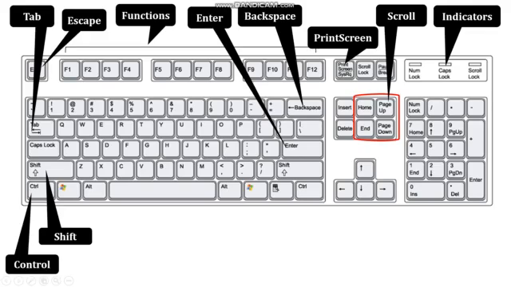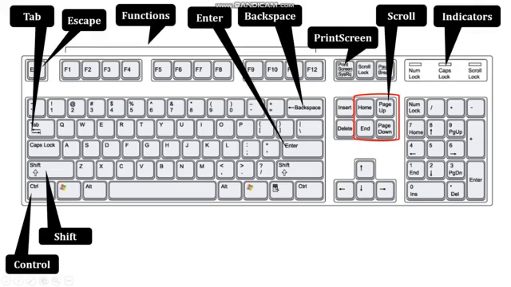Okay, these are the scroll keys, page up and page down, and these are the indicators. ये आपको कुछ कुछ लैपटॉप्स में देखने को मिलते हैं, इंडिकेटर. इसमें क्या होता है भाई, अगर कैप्स लॉक ऑन है तो ये कैप्स लॉक लाइट ऑन हो जाएगा. स्क्रोल लॉक है तो स्क्रोल लॉक हो जाएगा, न्यूमरिक लॉक है तो न्यूमरिक लॉक हो जाएगा. ओके,